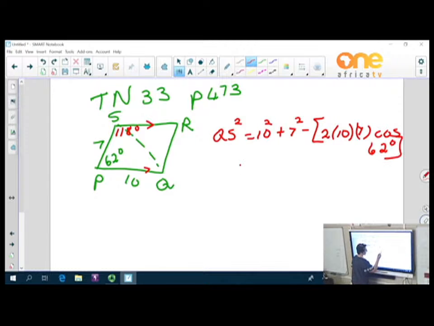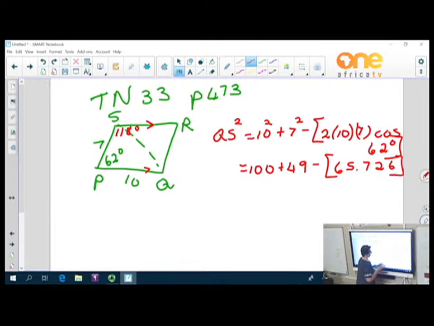So this is 100 plus 49, and now we have to get that value inside the brackets. 2 times 10 times 7 cosine 62 is equal to